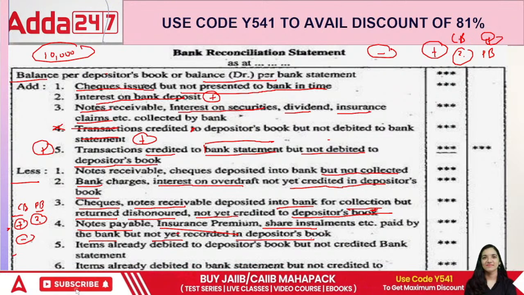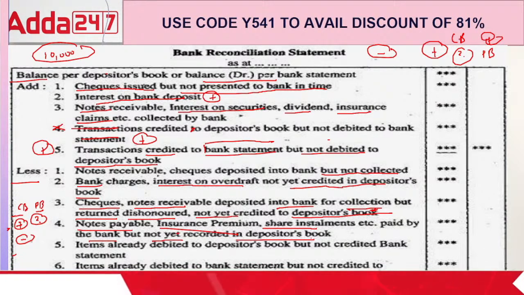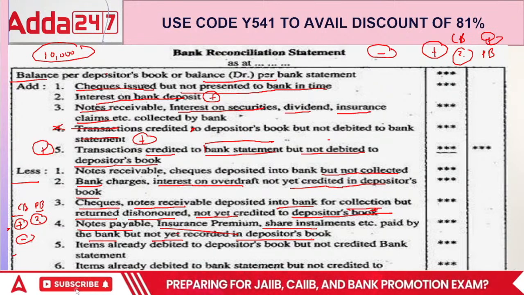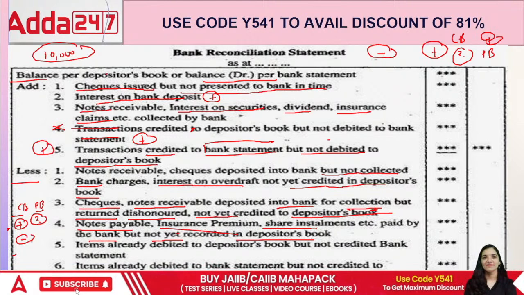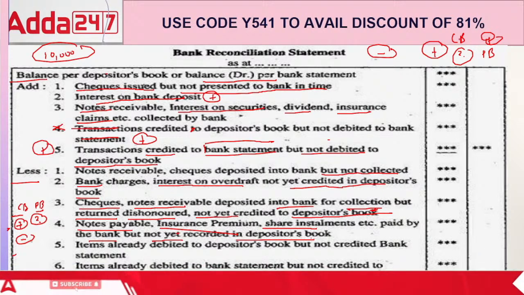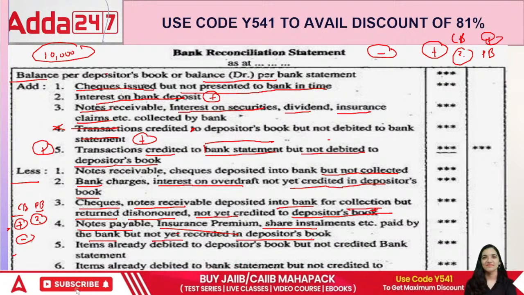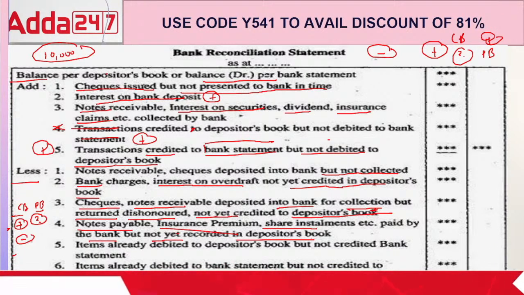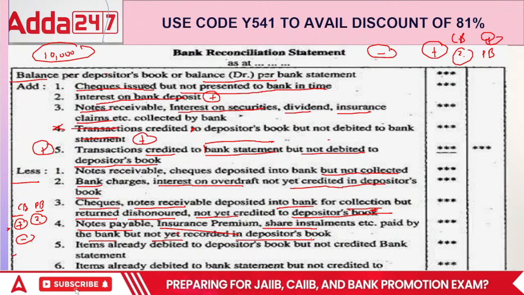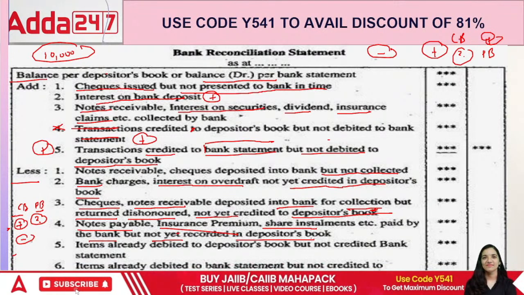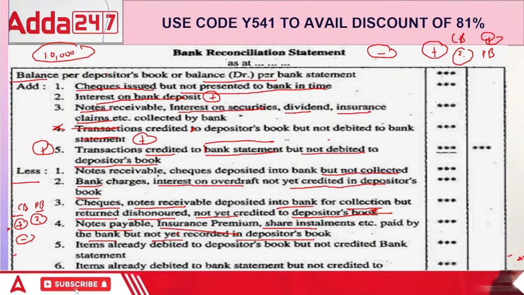Sometimes there are some direct instructions, standing instructions, as we call them, right? I've given my bank some standing instructions: kindly pay this bill, I will not be able to remember it every now and then, so can you automatically deduct it from my bank account? They said, okay, we'll do that. So in this case, what is exactly happening? The notes payable, insurance premium, share installments are paid by the bank. Now, the moment I come to know about it, I will also have to deduct it in my books of